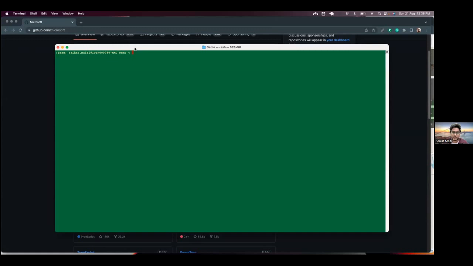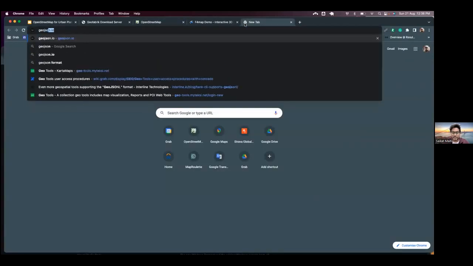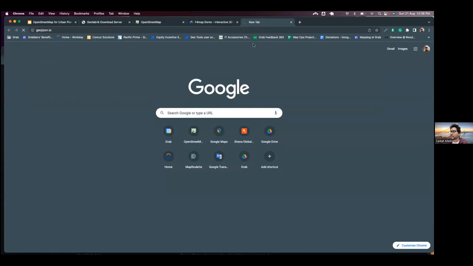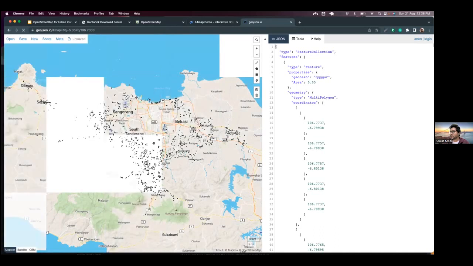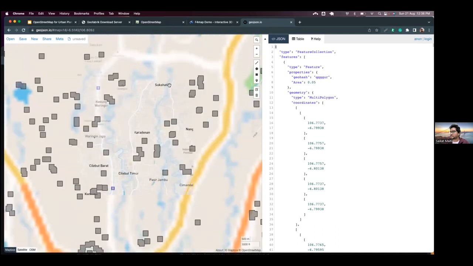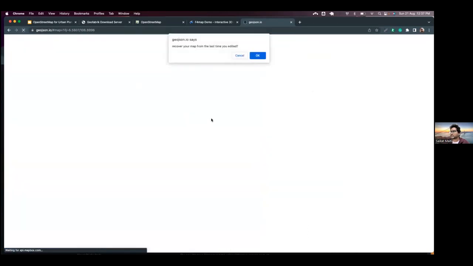So if I want to split any large dataset, there is a default command, split, and I want to separate that data line by line. And if you want to know what the structure of a GeoJSON file is, I'll show you quickly on geojson.io. You can see there are a few things. This is another example of a GeoJSON file, but I will clear this